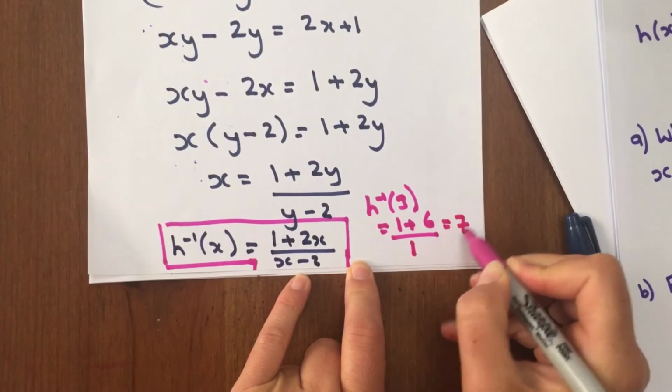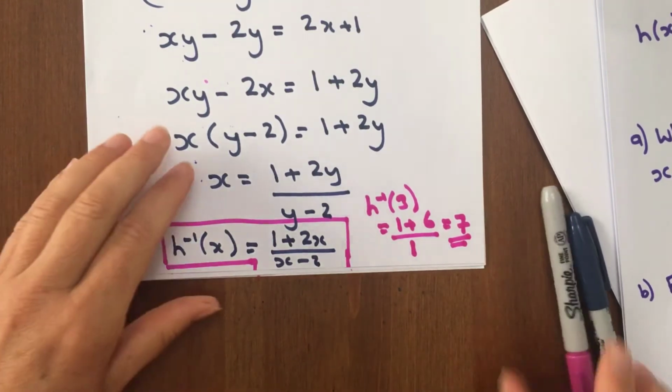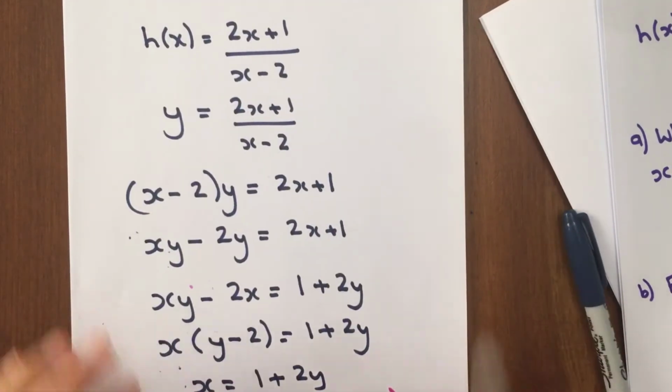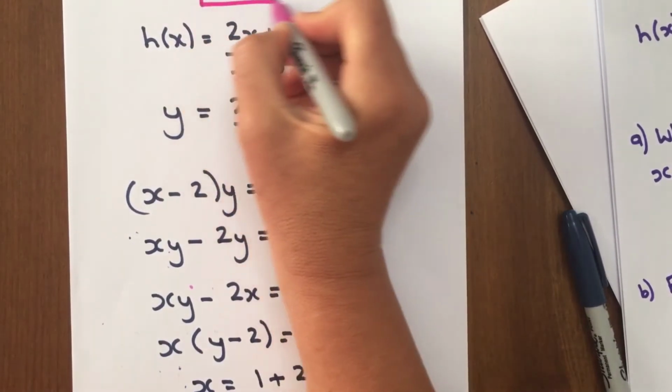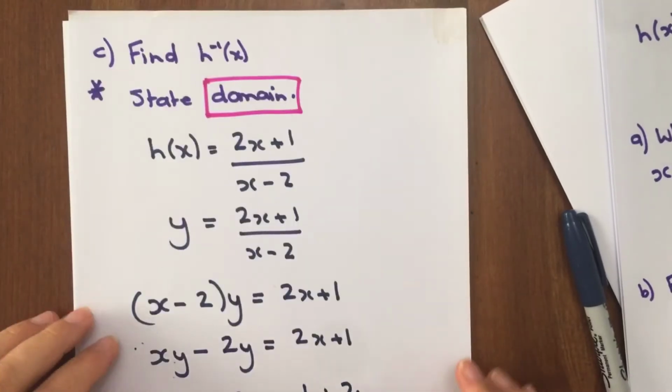So I've got 7, which was my answer. X will equal 7, to get the inverse function of h to the minus 1 of 3 equals 7. Okay. Now, the second bit to this was finding the domain of